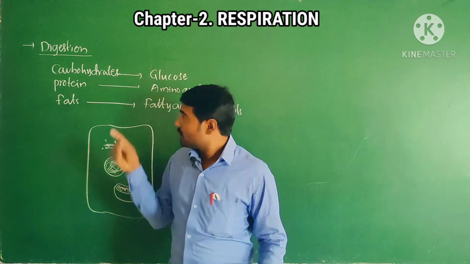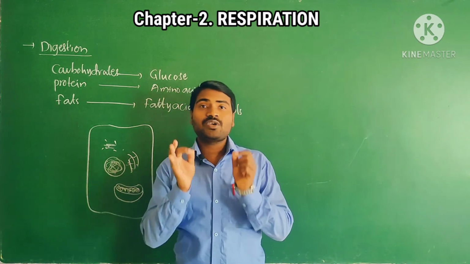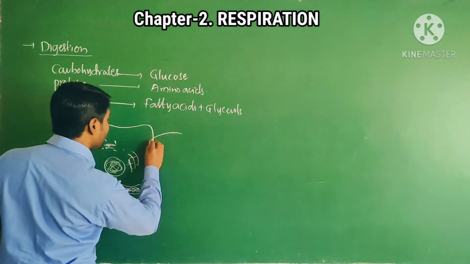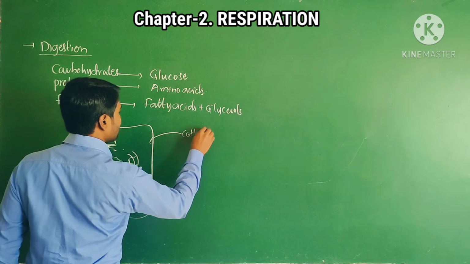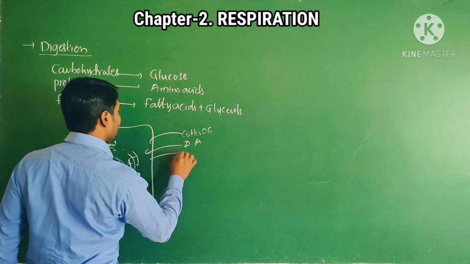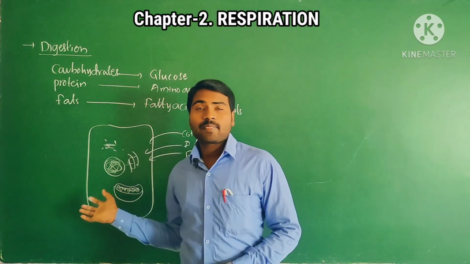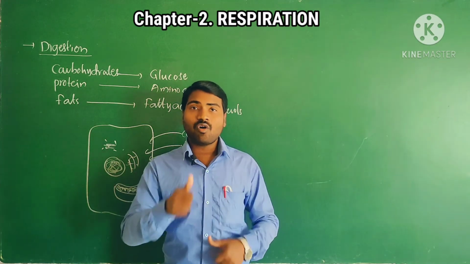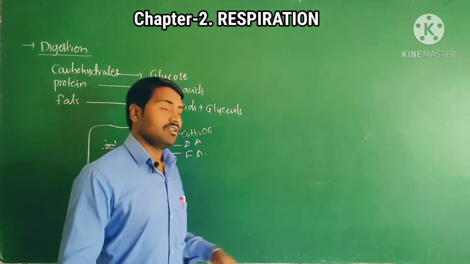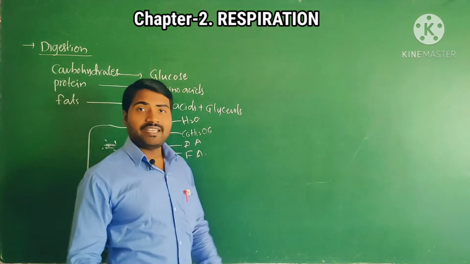Whatever we eat, that glucose, amino acid, fatty acid, finally reaches each and every cell. So what is the cell going to receive? Glucose, C6H12O6, amino acids, as well as fatty acids. And not only this, what we drink, water. Every water molecule also reaches every cell, so the cell also receives water which we drink.